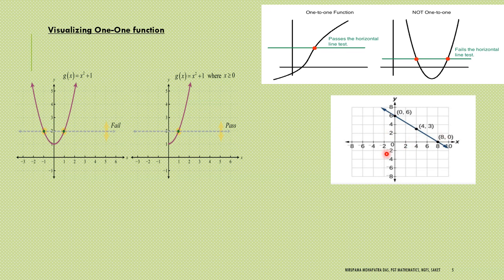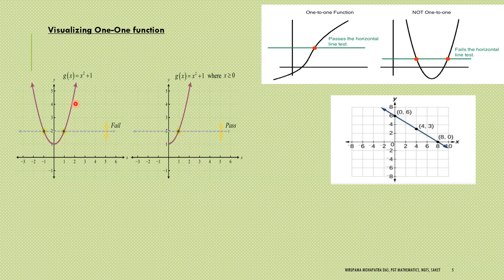In this case, it is the graph of a linear function because you are getting a straight line. So if you check, for every x there is only one y. One x, one y means a 1 to 1 correspondence between x and y. Similarly, in this case, for any particular x you are getting only one y.